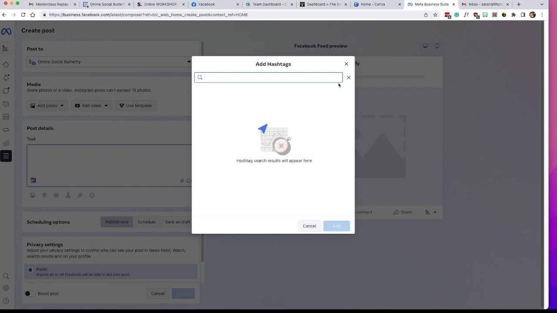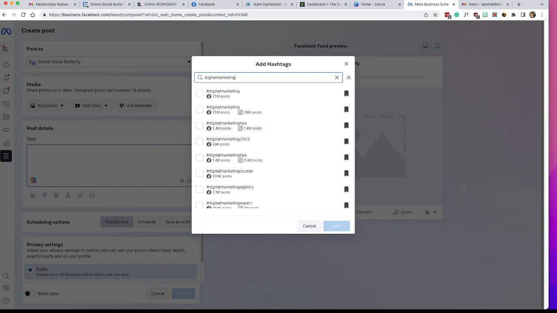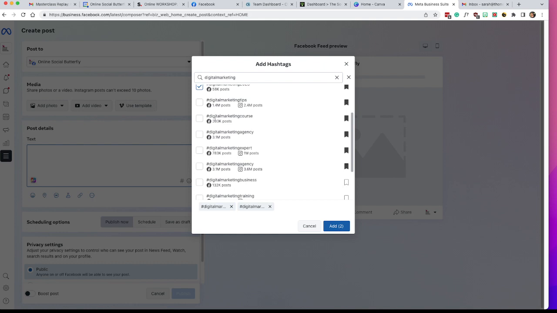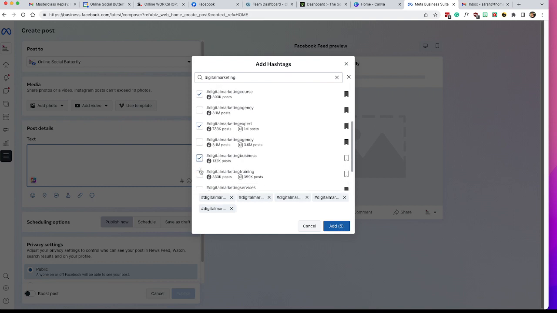Now, when we're doing a search, remember hashtags are all lowercase and one word. So I'm going to type in the word digital or the term digital marketing. And then it's going to show me all of the posts, all of the hashtags that use that. And remember, I'm looking for ones that don't have too much. So digital marketing tips is 1.4, but it's pretty good. There's digital marketing 2023. There's digital marketing course, digital marketing agency, digital marketing expert, digital marketing business, digital marketing